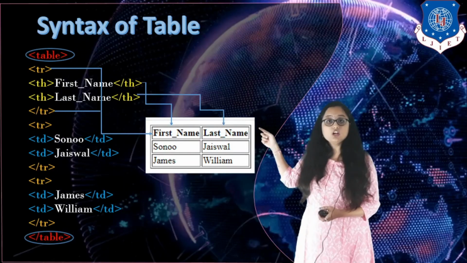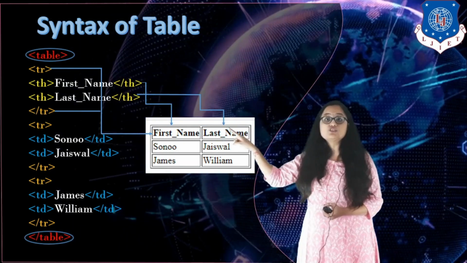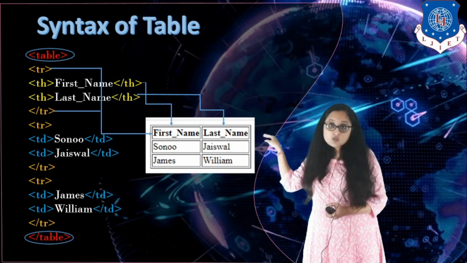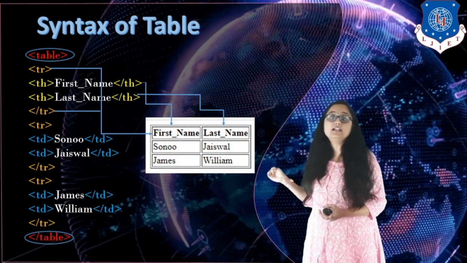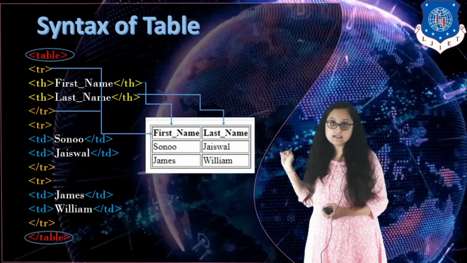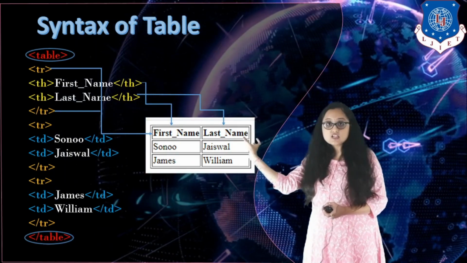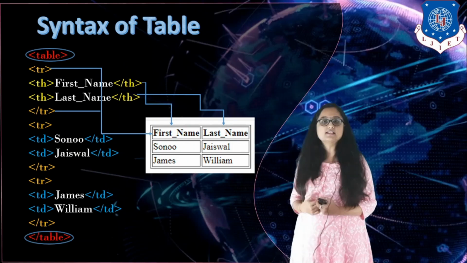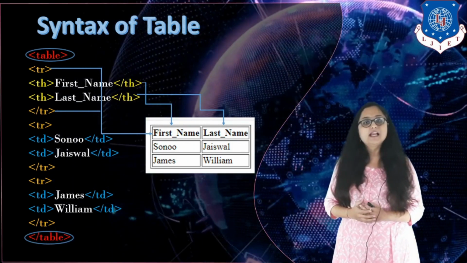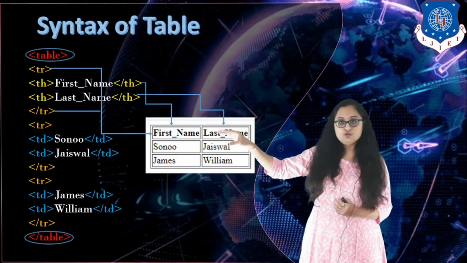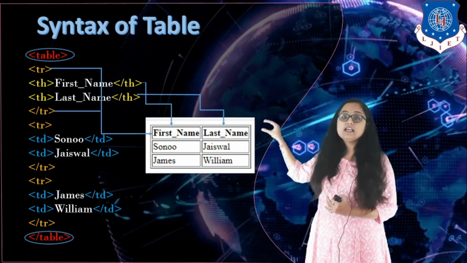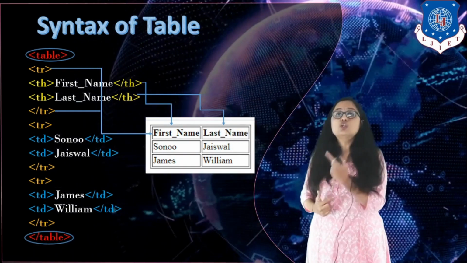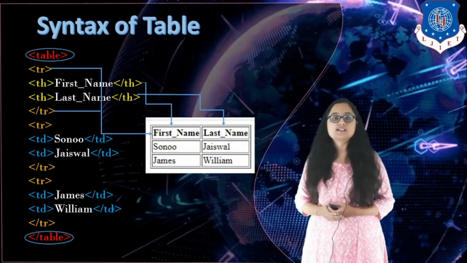Similarly, you can see that there is another cell in the first row itself, that is last name. So this particular cell is also in the first row, so I have to write it in the first row only, right? It is a child tag of the first row. So last name is also written inside the TH tag start and TH tag end. The value is written inside TH, right? TH stands for table heading. So this completes my first row, wherein I have declared a parent tag TR. Inside TR I have 2 TH. Inside both the TH I have written the value which I want to get displayed inside this particular cell.